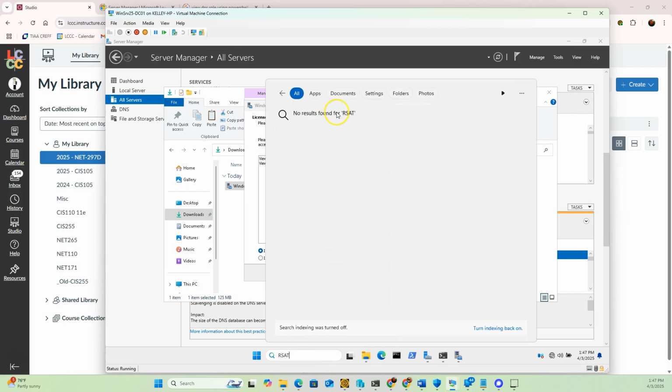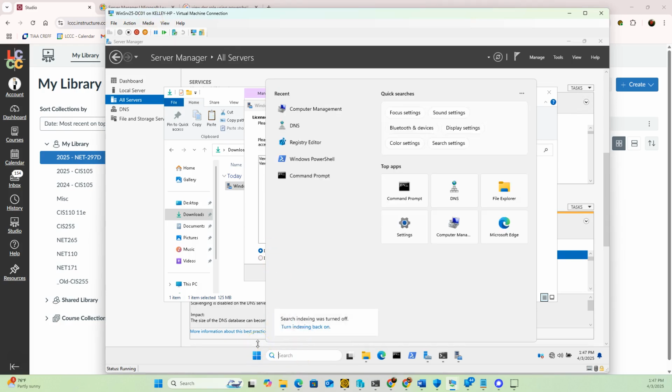I don't have the RSAT tools installed on this box because this is a server and you don't generally want to manage servers from the server. You install the RSAT tools on a workstation and you do it from there. However,